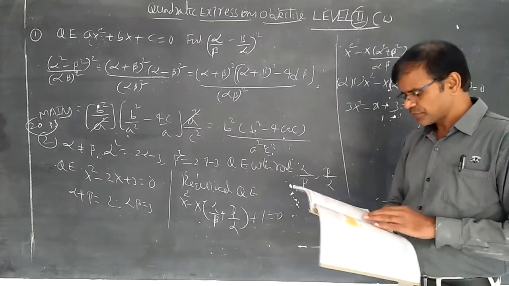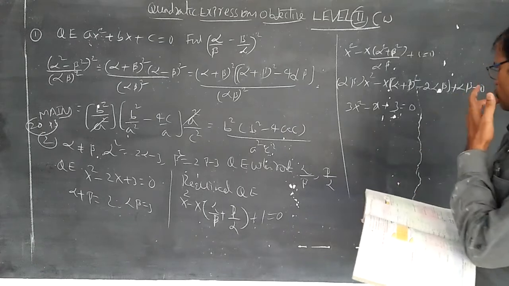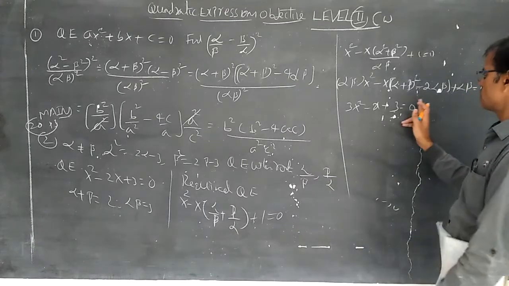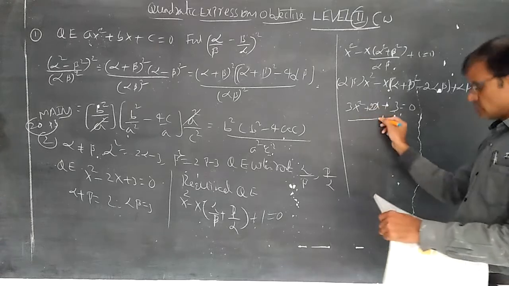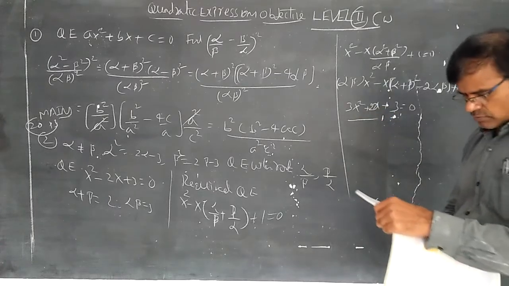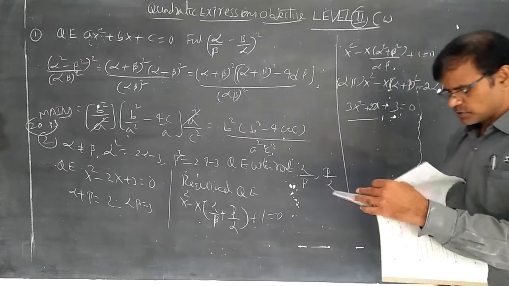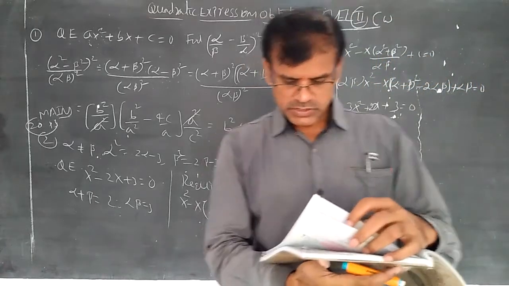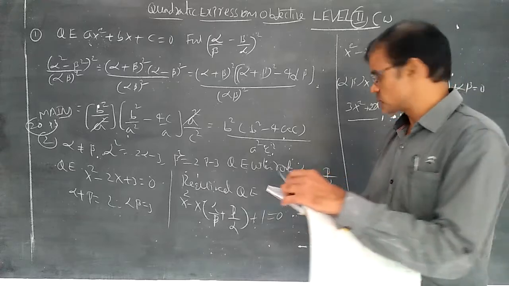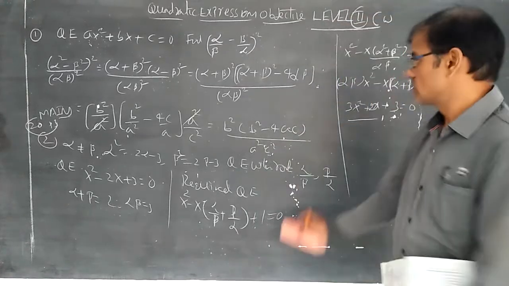3x square minus x into (alpha plus beta) whole square is 4, 4 minus 2 is 6, 4 minus 6 is minus 2. So minus of minus plus 2. 3x square plus 3x... plus 3. Fourth option. Second one, fourth option. The second option is given 3x square plus 2x. Yeah, second option. The next question, third question.